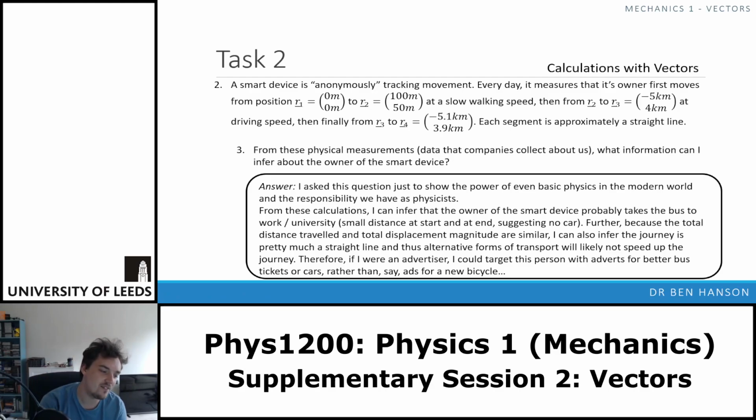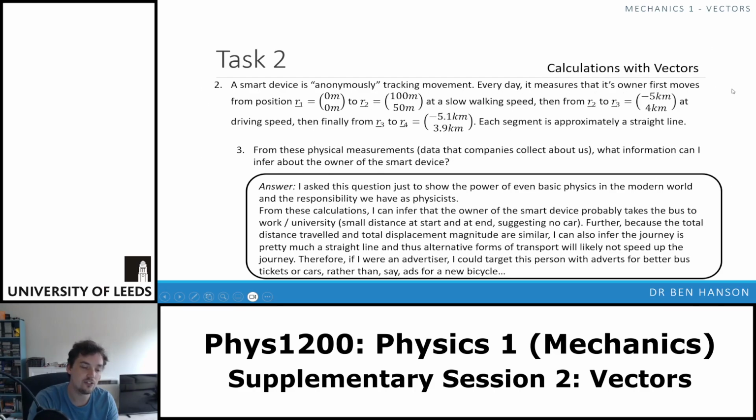So if I was an advertiser, I would target them probably with faster vehicles rather than things that take alternative routes, if they were interested in speed or something. If it turns out that they were interested in green stuff as well, I might advertise them green cars and bicycles. But the point I'm making is, I'm not an advertiser. I wouldn't do this. I find it quite unethical. But from this data,